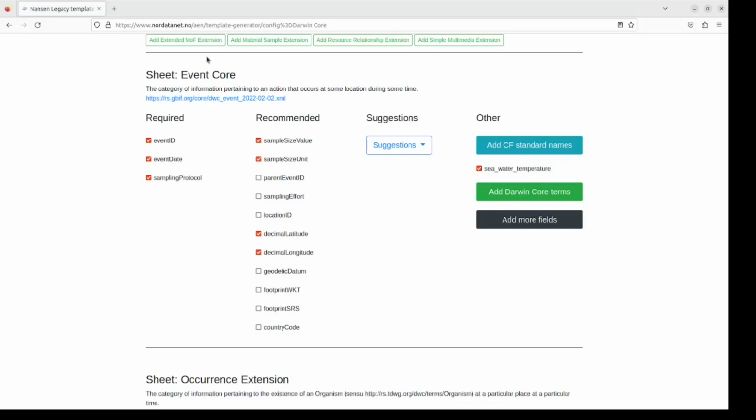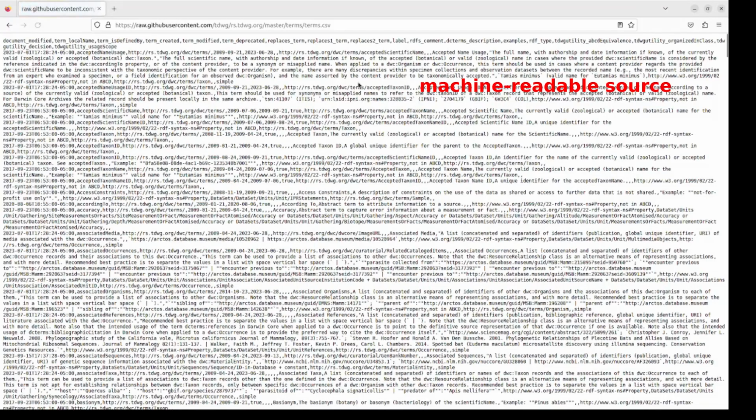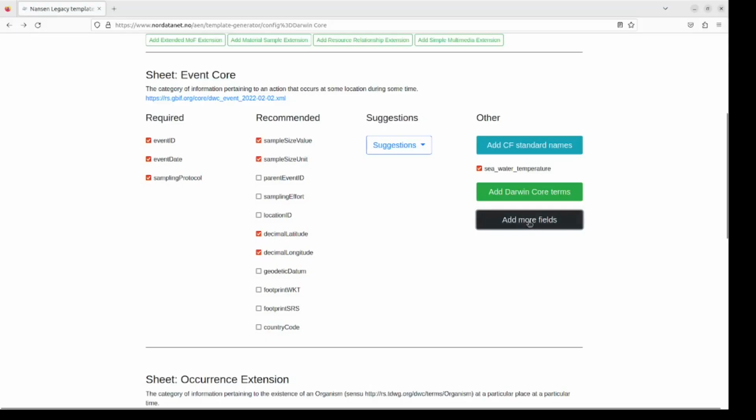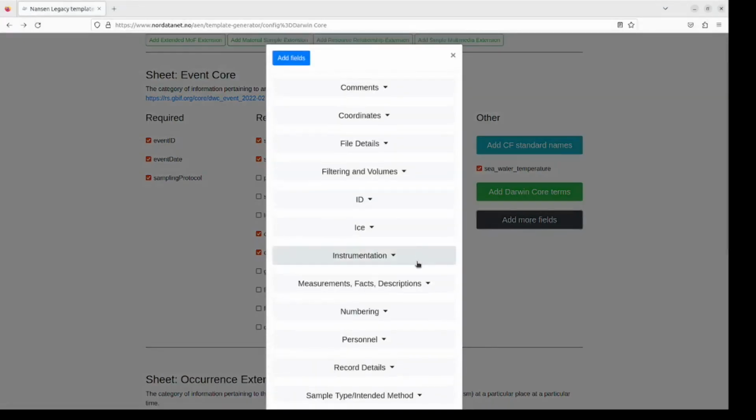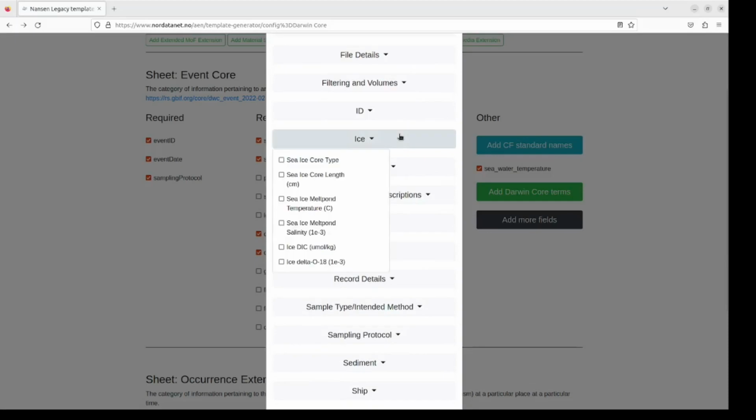So the goal here in this case is to provide the user with the flexibility to include what they want in a standardized way. They can also select from a full range of Darwin Core terms. All of these terms here are taken from this location on GitHub. And then we've also added some more terms that we have found useful for our Nansen Legacy project. Perhaps information about who the principal investigator is for that sample, for example, or things related to Arctic or more